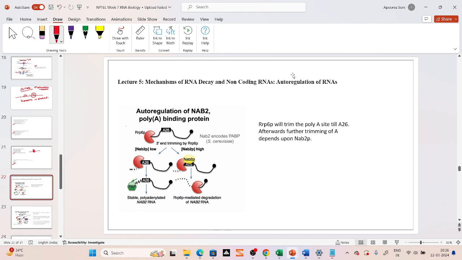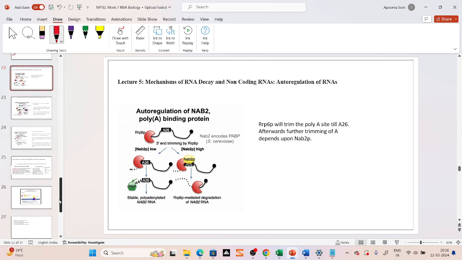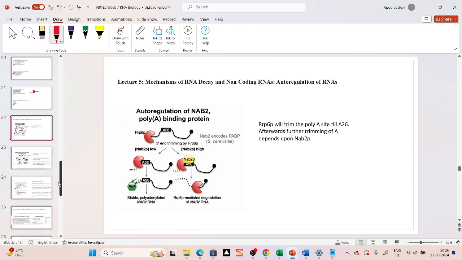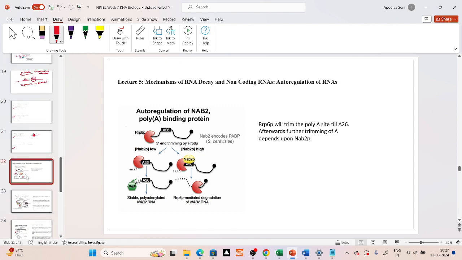In auto-regulation of RNAs, there are many different examples that are given. I've tried to incorporate all the examples, maybe one or two are not there. So I'll quickly show how it happens. So you see here